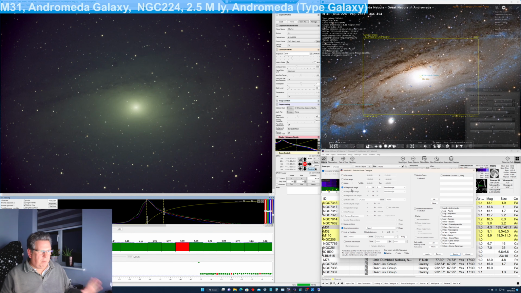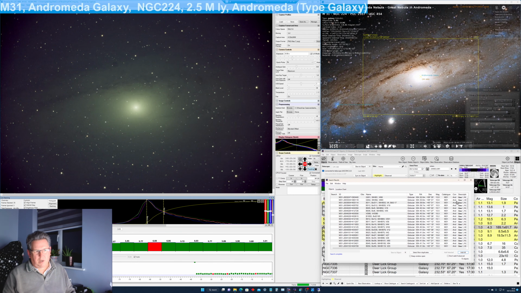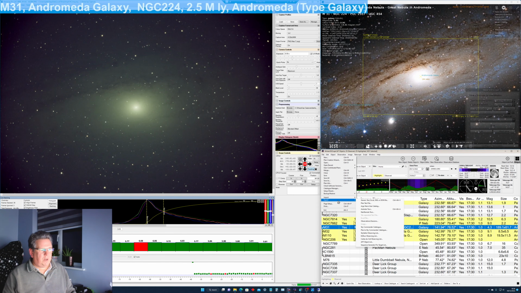RA, depth range, magnitude range. And my magnitude range I wanted between magnitude 12 and magnitude 16. And I also wanted to say that the description contains class 1, or I could have done a regular expression as well. And when I did that, it came back with these class 1 objects, 72 of them. And I added those into a plan, and then I went into File,